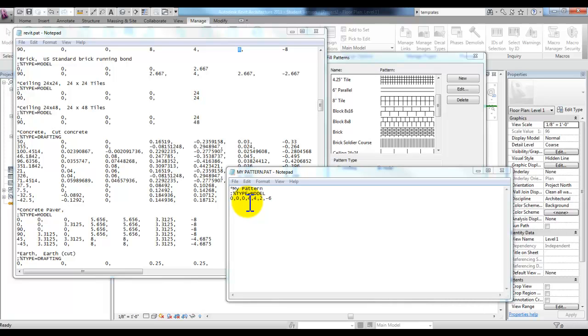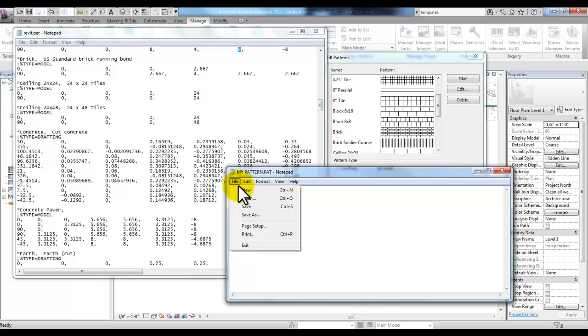So 0 for the degrees, another 2 zeros for the x and the y, and then comma 4, comma 4, and that would be to start the line over 4 and up 4 for the next line, and then comma 2 to draw a line that's 2 inches, comma -6 to say that there are 6 inches between every 2-inch dash. So if we save this one, put it in a folder that you're saving your files in,